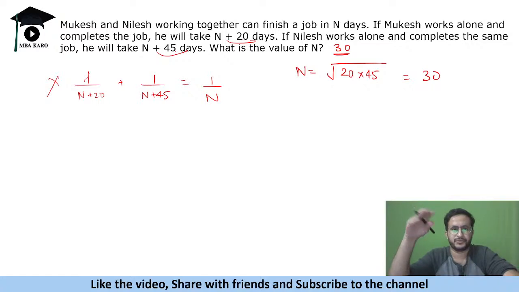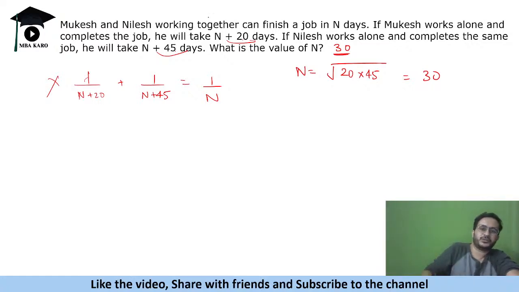Okay, so whenever you have this kind of question wherein it says that a person takes, collectively they do it in n days, and a person takes n plus x and another person takes n plus y, so n is equal to under root of xy. How many of you knew this? किसे किसे पता था ये होता है? Did anyone know कि ये एक प्रॉपर्टी होती है स्पेशल केस की? ये नहीं पता था, पहली बार पता चला।